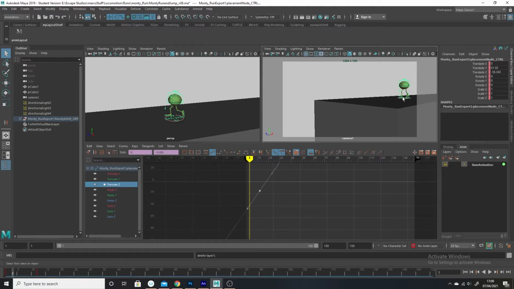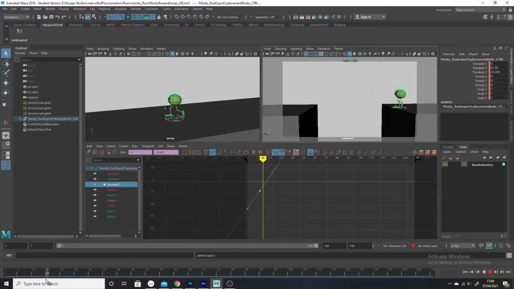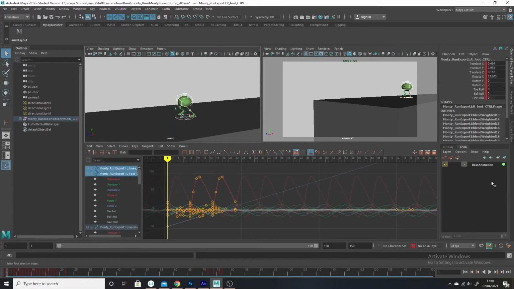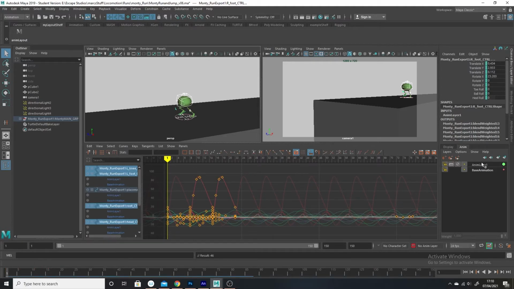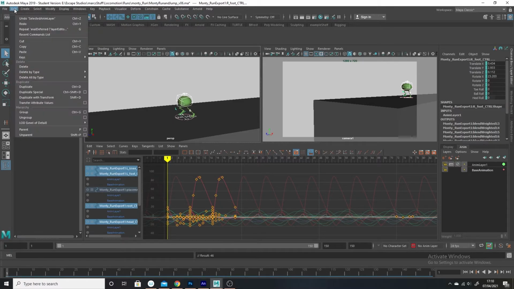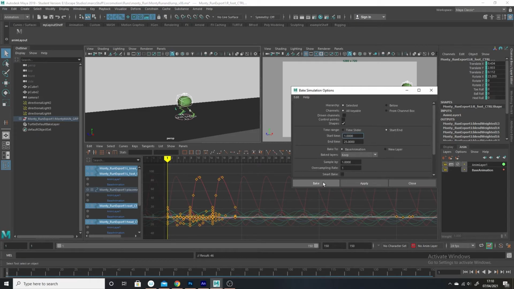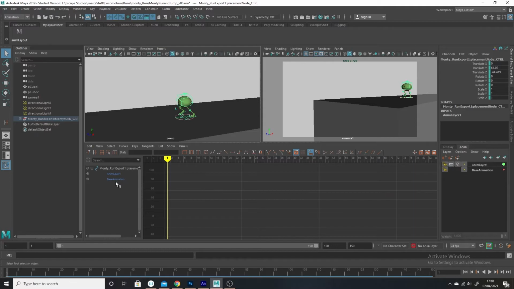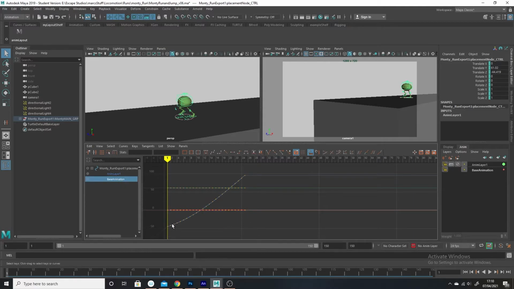to the anim layers. Presently the anim layer just has the base animation, which is this, and so what we have to do to bake out the scene time warp is select his controls and place them, by pressing this button here, into a separate anim layer. Now when we go Edit, Keys, Bake Simulation, Bake, we will have the animation,